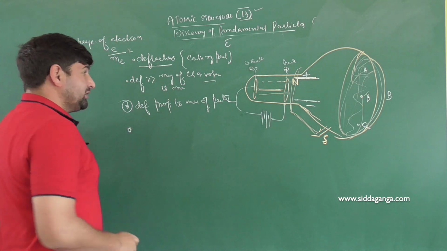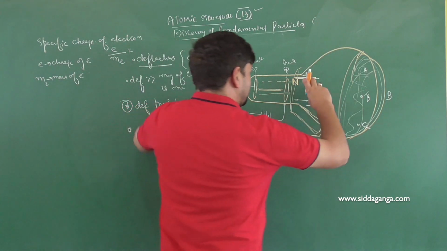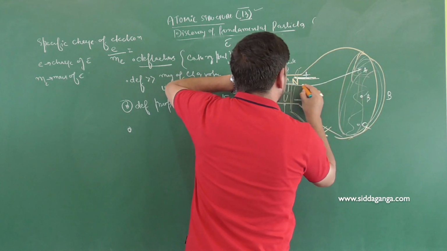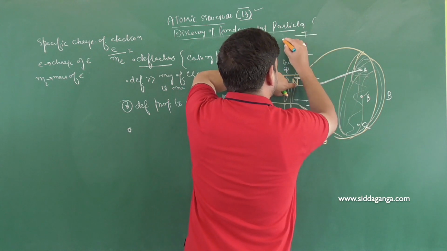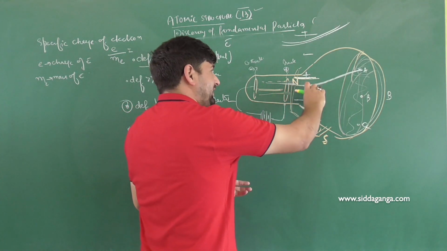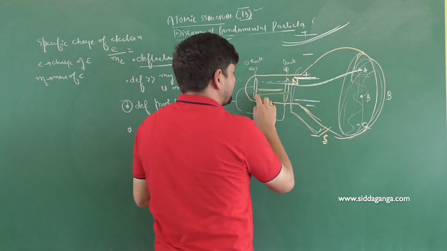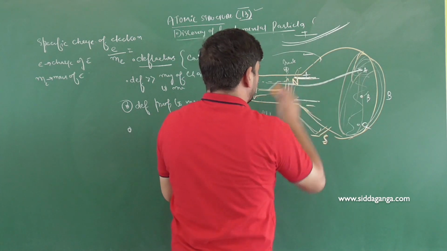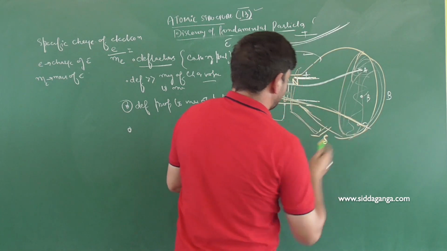Clear? Third, the properties they exhibited were purely of a negatively charged particle, because in presence of the electric field, these particles got deflected towards A. That means they were attracted by which field? The positive field. When the electric field was shut off and the magnetic field was put in, what properties did they show? Properties opposed to the electric field. They started to move towards the negative region, so they hit region C.